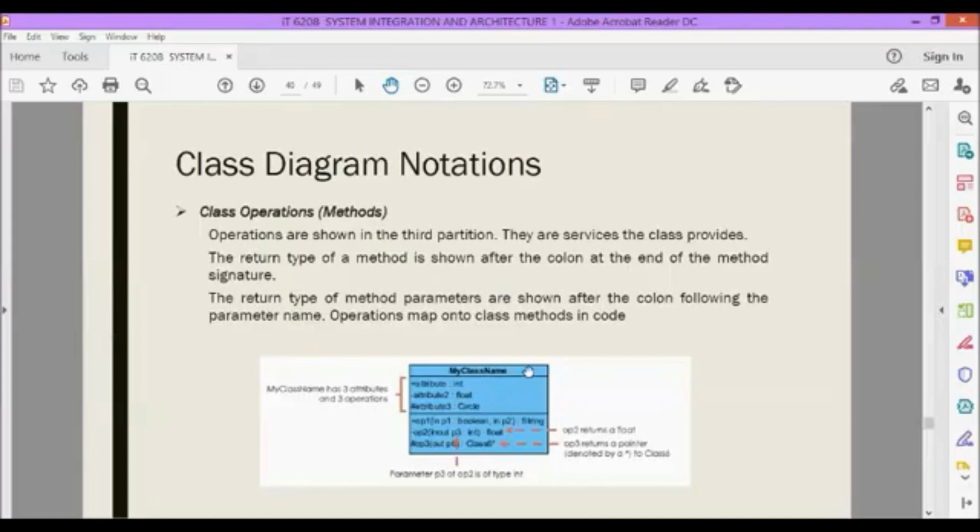So we have our class name, my class name. We have 3 attributes and 3 operations. Attribute 1, 2, and 3: integer, float, circle. And we have here the methods that will be used for your